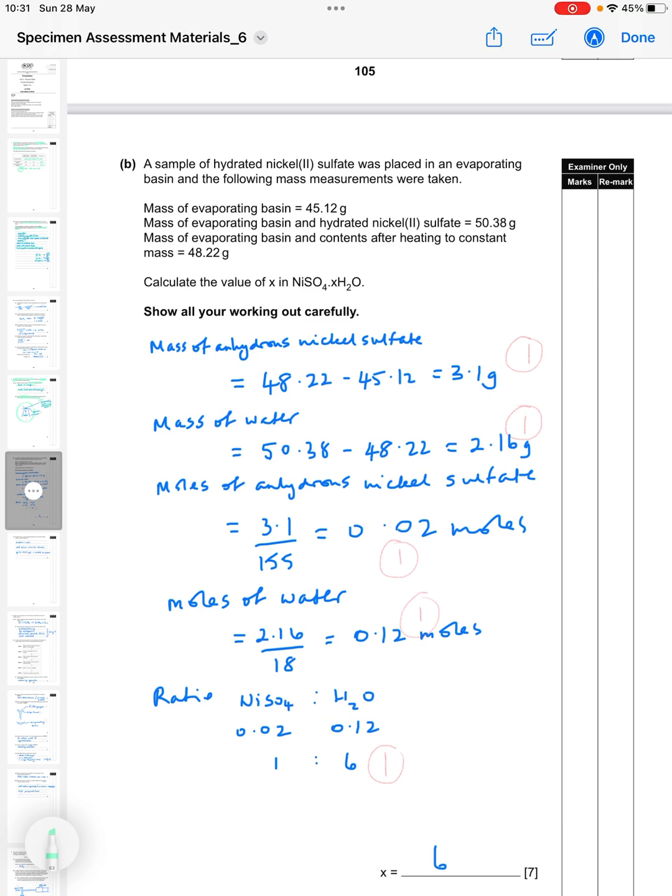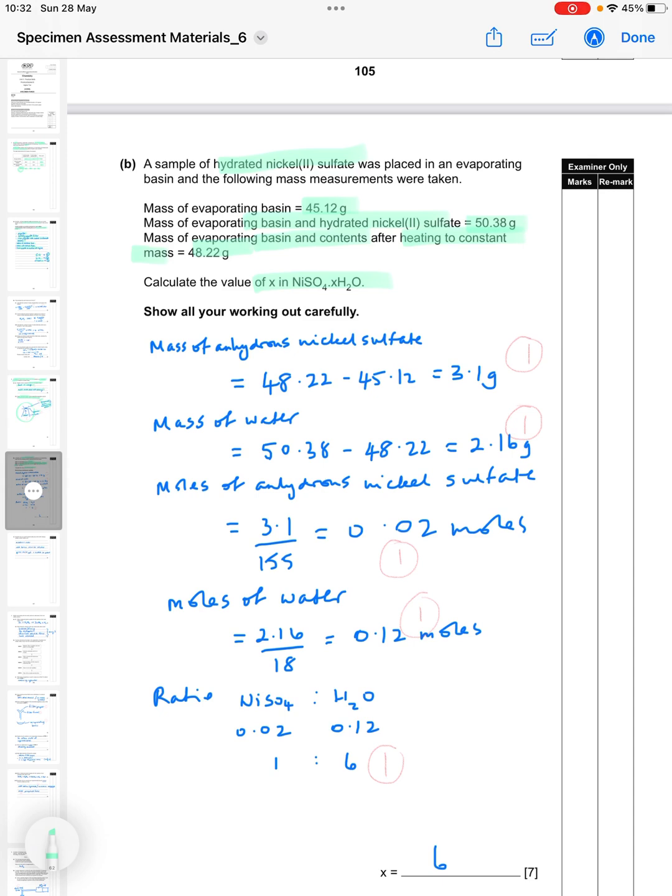Part B, a sample of hydrated nickel 2 sulfate was placed in an evaporating basin and the following measurements were made. The mass of the evaporating basin was 45.12 grams. The basin and the hydrated nickel sulfate 50.38. The basin and contents after heating to constant mass was 48.22. Calculate the value of X in the